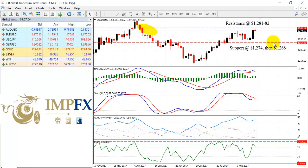1,290 to 94, or even a stretch to 96 back to these highs here. In the newspaper, the market was looking towards the fact that the recent release from Donald Trump has warned North Korea that they will be met with fire and fury like the world has never seen if they continue to threaten the US. Fresh news update this morning says that if North Korea attacks Guam, then this could invoke